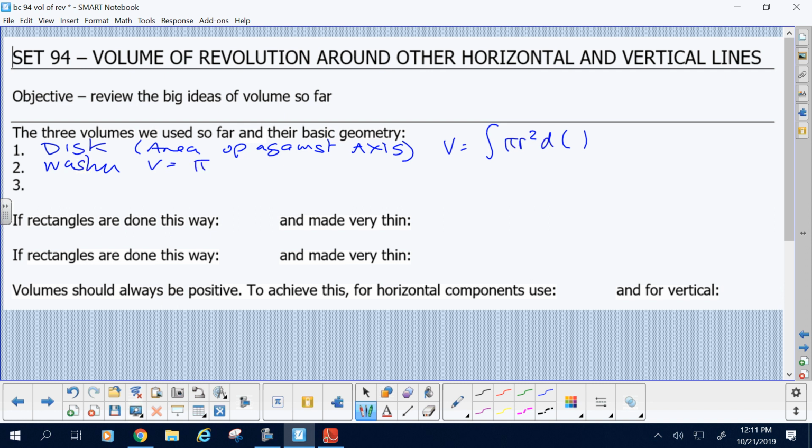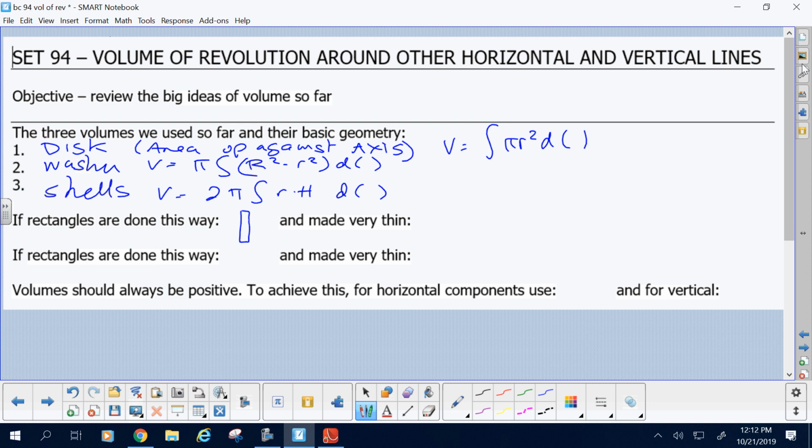Volume is pi, big R squared minus little r squared, and again, d something for the height of the washers. And what else? Shells. Volume is 2 pi times the radius times height, and then the thickness of the shells is there. All right. Cool. Now then, when you draw a figure and draw a rectangle or a sliver like that,